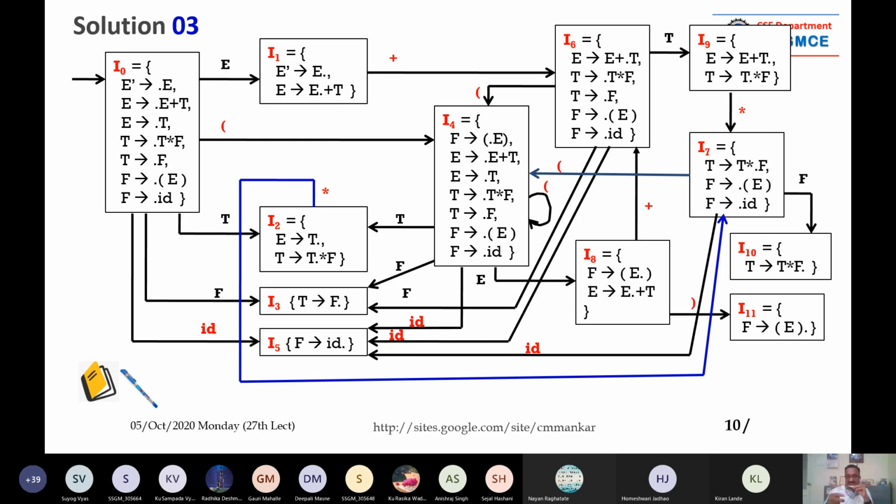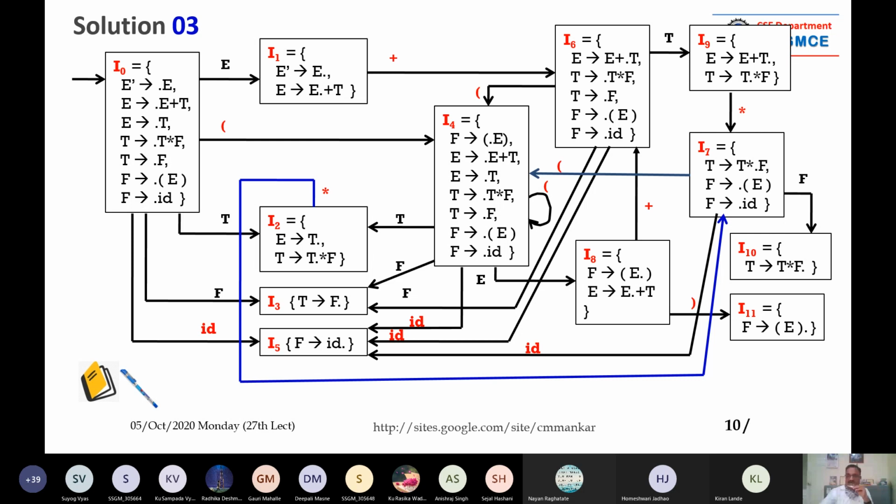You see it. I hope you are watching it. You are able to see it. So the dot is in front of capital T in 2 production rules. If you do the transition, the dot will get shifted one place ahead. So see the I9. In I9, the first production rule is E giving you E plus T dot.